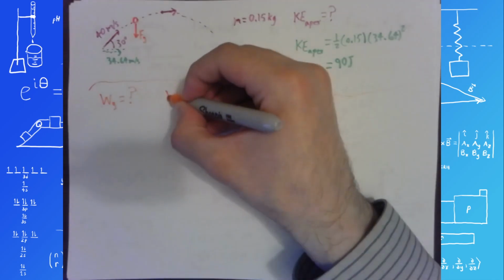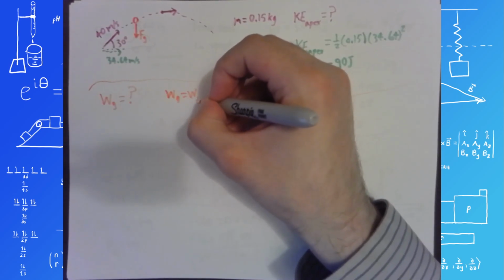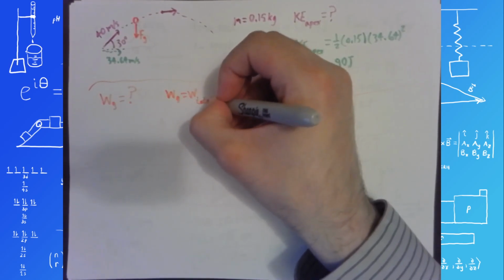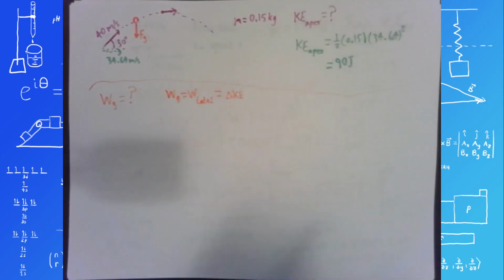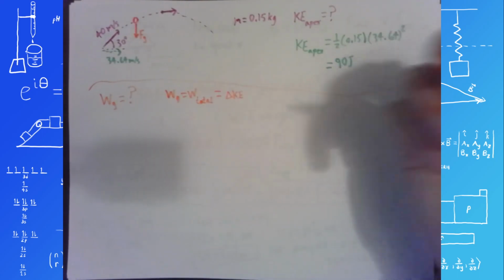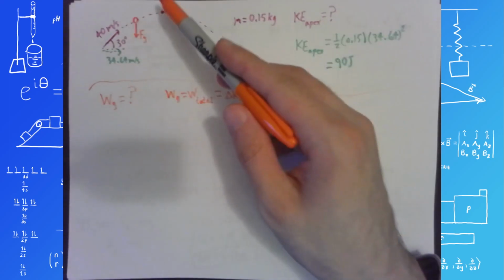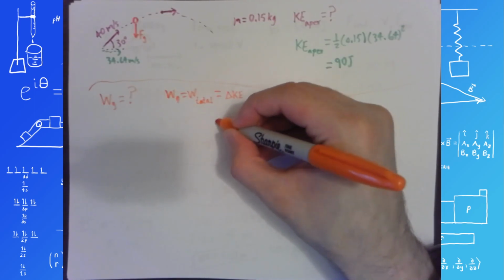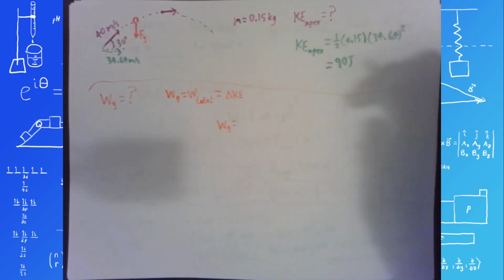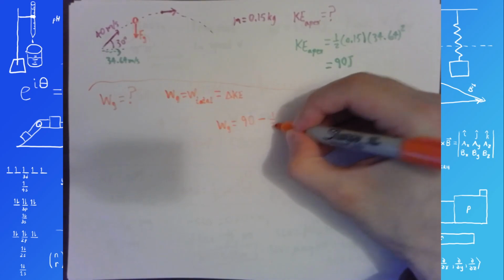So the work done by gravity is actually just straight up the total work done on this object. And what is total work equal to again? That's right, it's equal to the change in kinetic energy. So to get the work done by gravity, all I have to do is get kinetic energy final minus kinetic energy initial. Well, kinetic energy final at the top we just calculated as 90 joules. So work done by gravity equals kinetic energy final, 90 joules, minus kinetic energy initial, 1/2